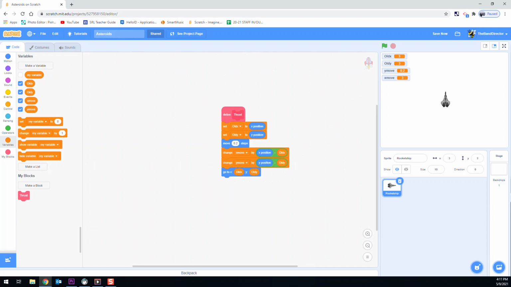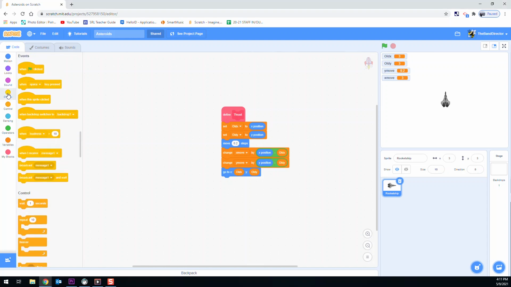The next thing that we're going to do with this, though, is tell our ship how to move. How is the player going to program the ship to move? So we're going to need a control, or rather an event, when the green flag is clicked. And it could be something else. Let's say your game starts when you hit the space bar or something like that. That would work too. When the green flag is clicked,